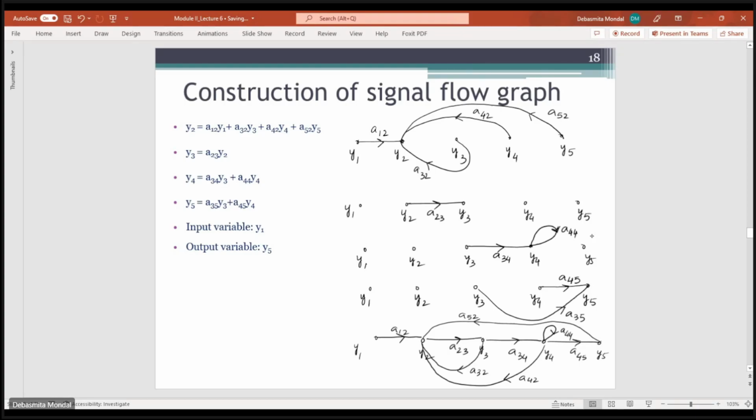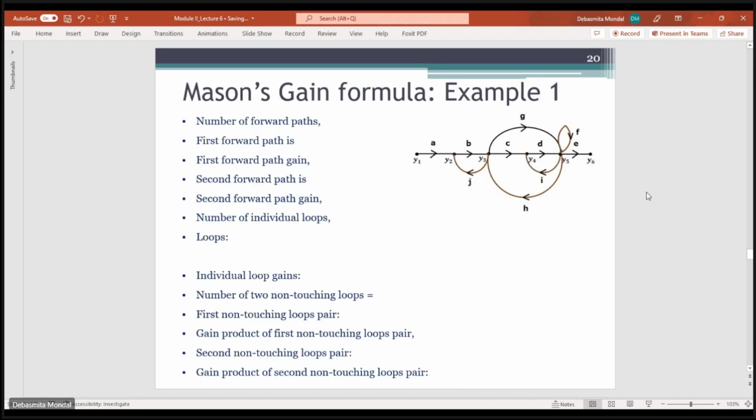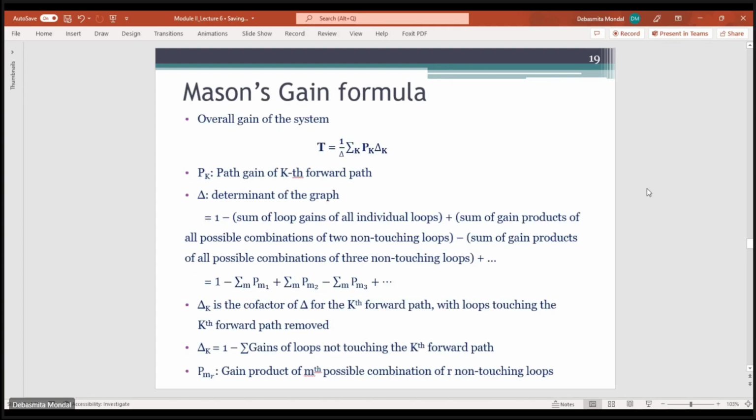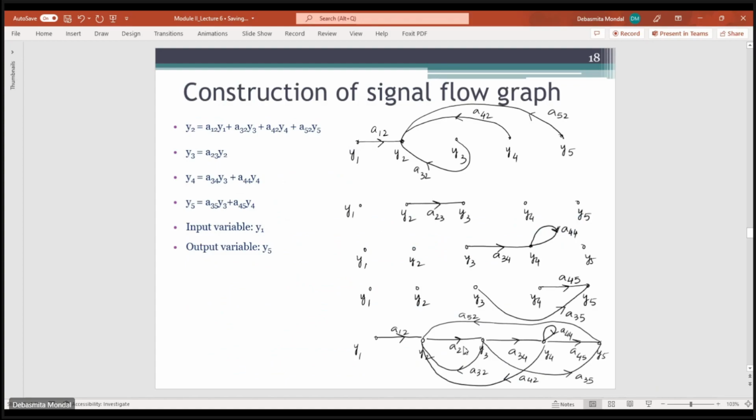Right, and what I have left off with this Y3 to Y5. There is another, this is A35. So here you will finally end up with the overall signal flow graph. Okay. So now let's see, once you have found out the signal flow graph,